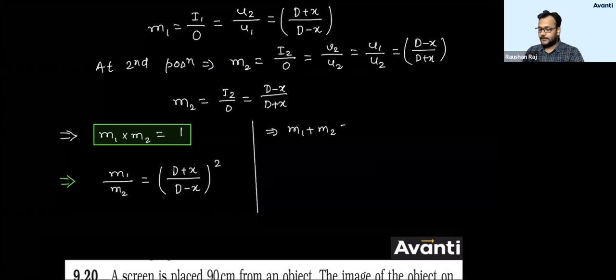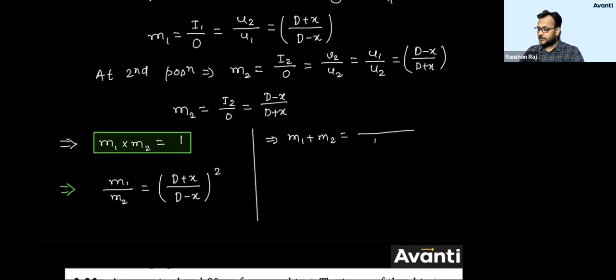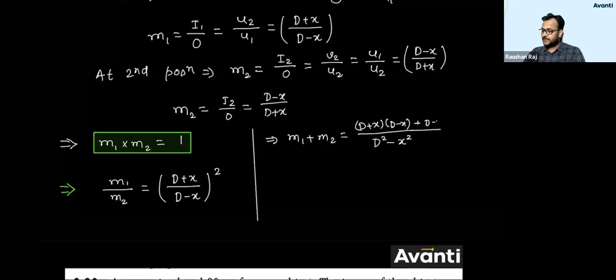M1 plus M2. So just add them. तो ऐड करने पे नीचे क्या मिलेगा बच्चा लोग, d square minus x square. ऊपर में क्या मिलेगा, in the numerator, LCM will be d minus x into d plus x, so d square minus x square. In the numerator I will be getting d plus x into d minus x, करेक्ट है बच्चा लोग, ऐसा कुछ मिलेगा। प्लस अगेन हियर क्या मिलेगा, d minus x into d plus x।